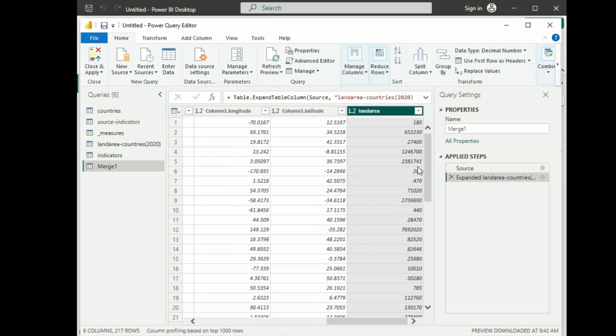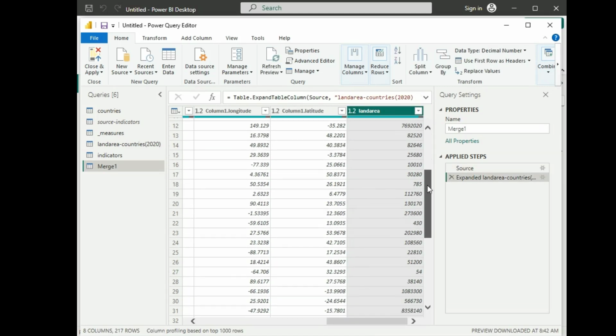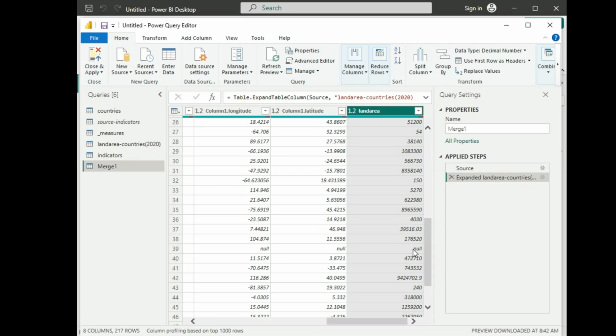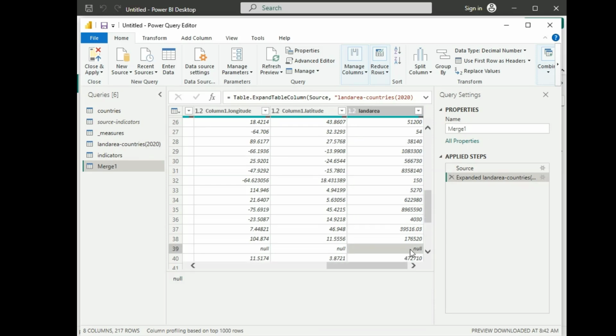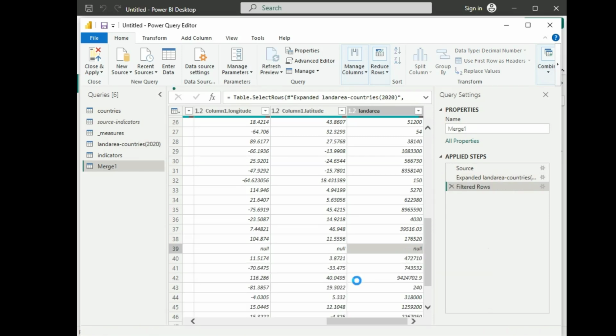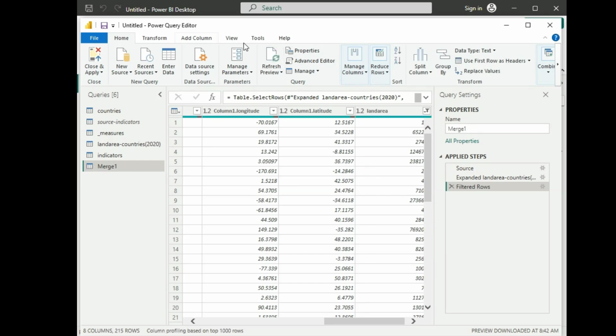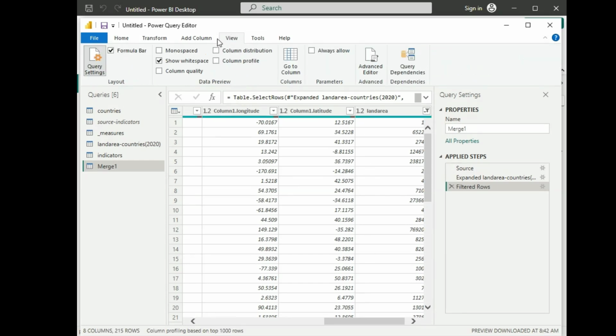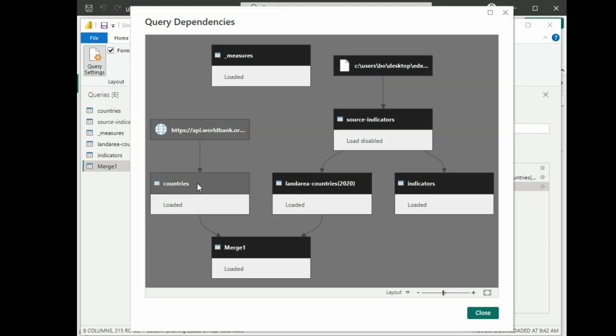Now, let's take a few minutes to talk about query dependencies and lineage. Over the last few videos, we split one upstream query into two downstream queries. We then merged two queries together to build a completely new query. We can see this in Power Query if we go to the View tab and click the option named Query